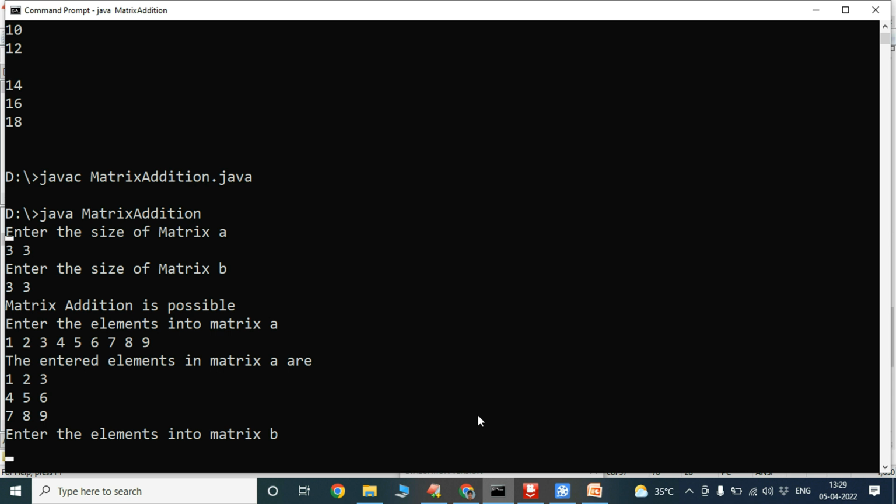Next one, enter the elements into matrix B. How many elements do we enter into matrix B? Matrix B size is 3 by 3. Therefore, 9 elements we enter into matrix B: 1, 2, 3, 4, 5, 6, 7, 8, 9. These elements are printed in matrix form and we are getting the result of addition of two matrices